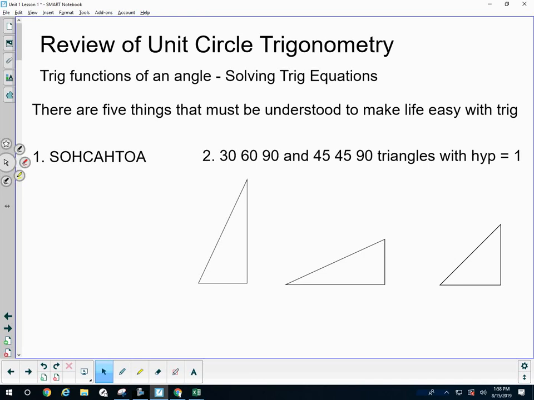We start off very fast in this class. And there's no time that I'm giving you where you can't have a lesson mastered. This is very true off the get-go. I have 1 day to review the unit circle. You guys have to have the unit circle mastered on Monday, because after Monday, trigonometry will show up randomly in